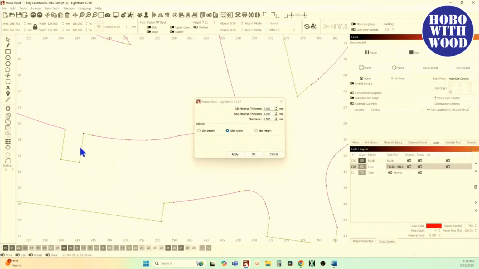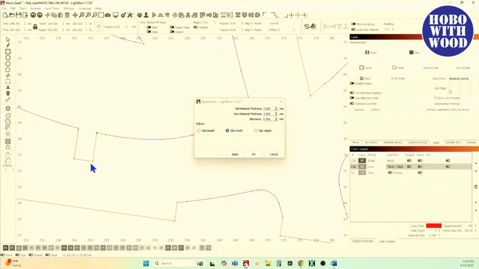That's the slot I just pointed out to you, and LightBurn does not recognize that as a slot. Now, there are a couple of things going on here, but if I increase my tolerance, watch what happens. Come on, baby. All right, tab height, and we're going to keep increasing. There we go. Now it's starting to recognize that as a